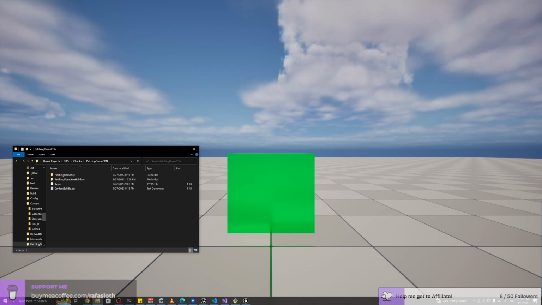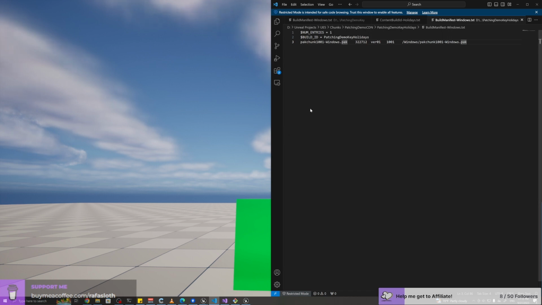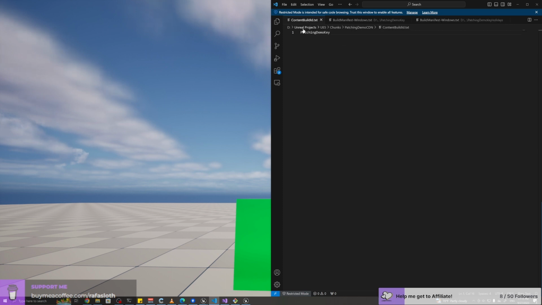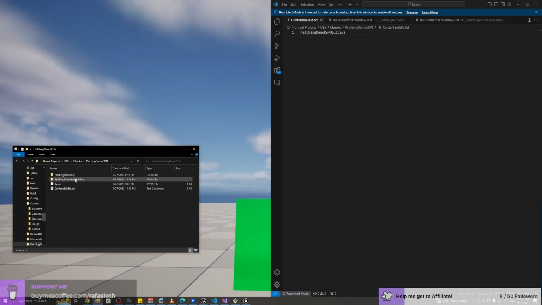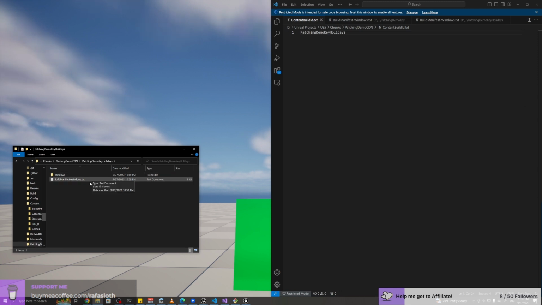So now let's say I'm the owner of this game and I'm doing a new DLC. In theory, I don't need to rebuild the game. I just need to, so this file doesn't exist anymore, it's just this one. In theory, I just replace the contents of this file and it should work. So if I just call this holidays, now this should point to this folder instead of this one. And I essentially live patch the game by just replacing the content of this text file. So now it points to patching demo key holidays, and now it grabs this manifest file instead.